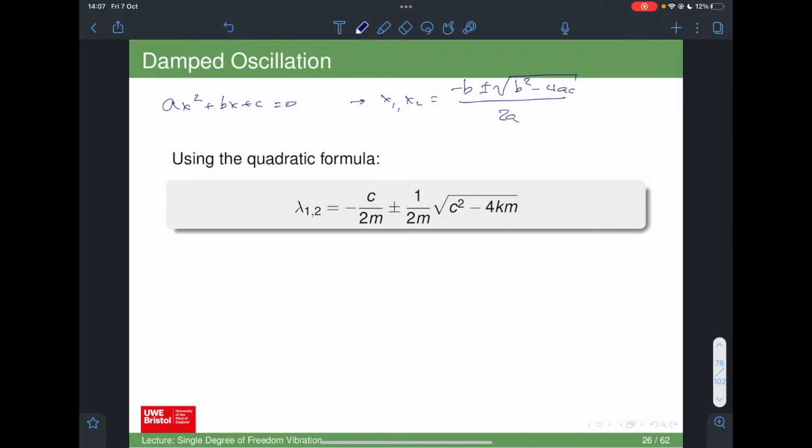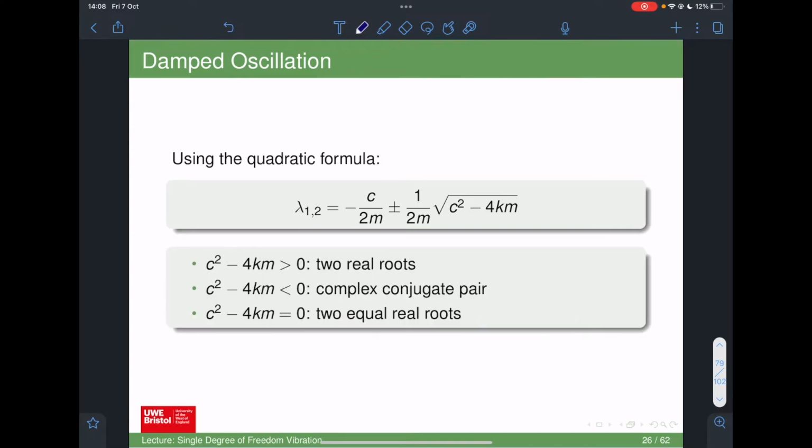Okay, because there are two values to that quadratic formula. Now, this is where the complex numbers come into it. If c squared minus 4km is positive, then we've got a nice real number. When you take the square root of a positive number, you get a nice number. If it's equal to 0, then it doesn't matter, the square root of 0 is 0. If c squared minus 4km is negative, which for a certain case of oscillation it will be,